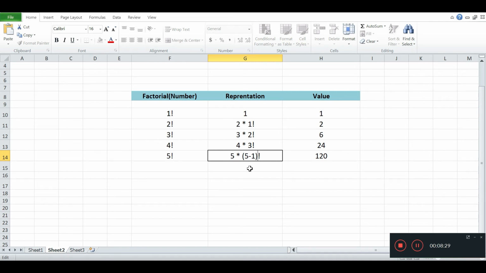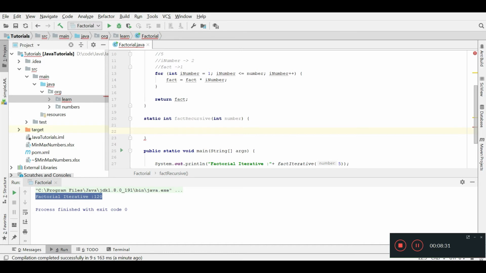We have to translate the same thing to code. So factorial of number is equal to number into factorial of number minus 1. That's what we have seen just now. That's it. This will give us the factorial, so I will simply return it. This will give me the recursion of a number.